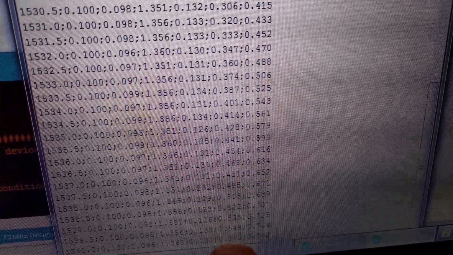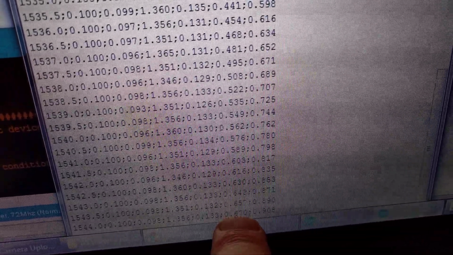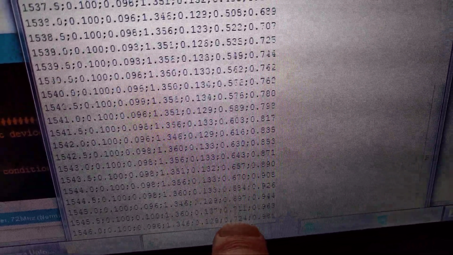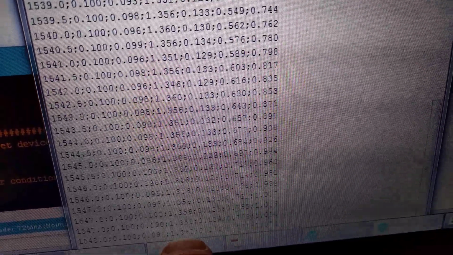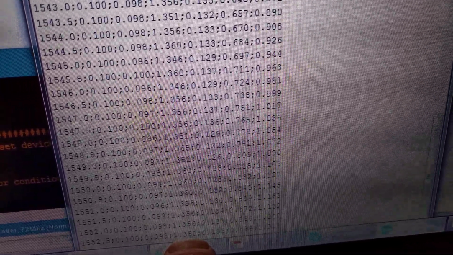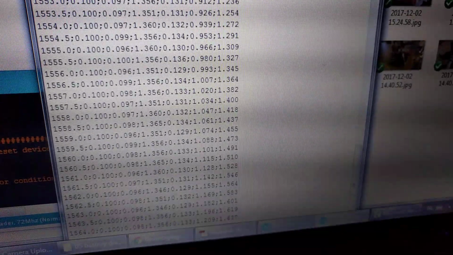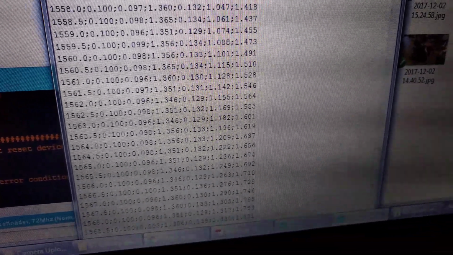So as you can see, the value of the milliamp hours is incrementing, and this will increment until the voltage drops below 1.0 volt, and then it will stop incrementing so quickly. So how do you measure capacity? Once the voltage is below 1.0 volt, you stop the measurement,